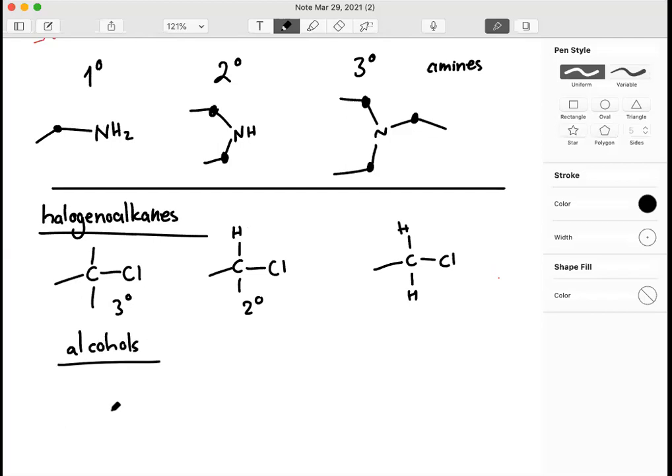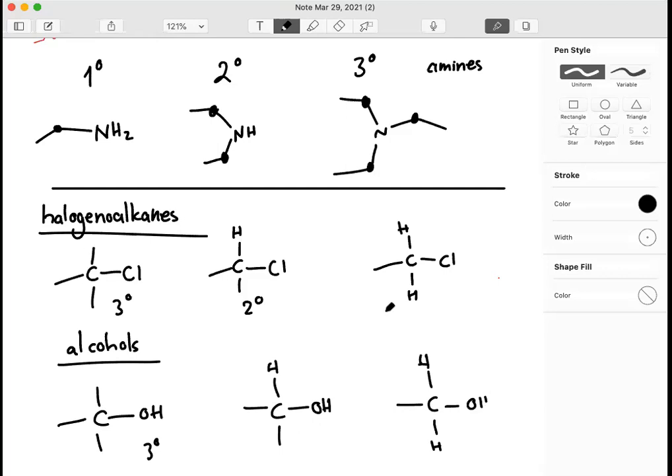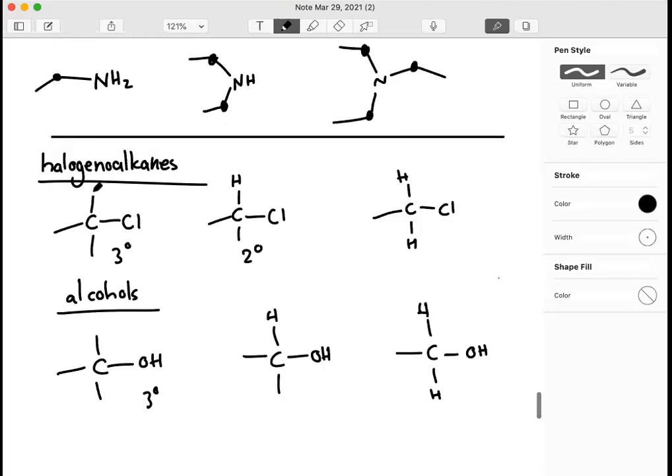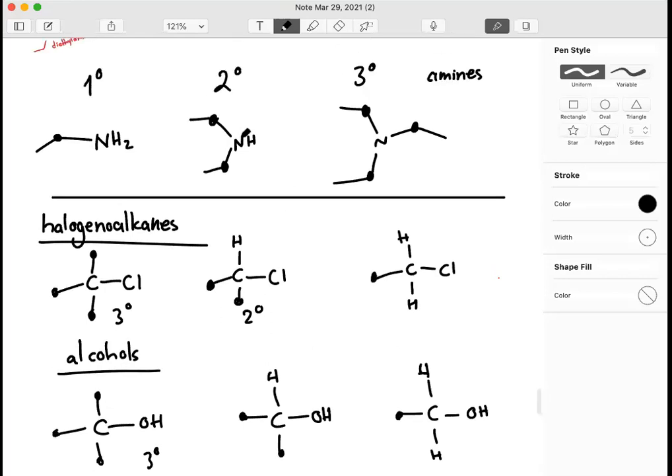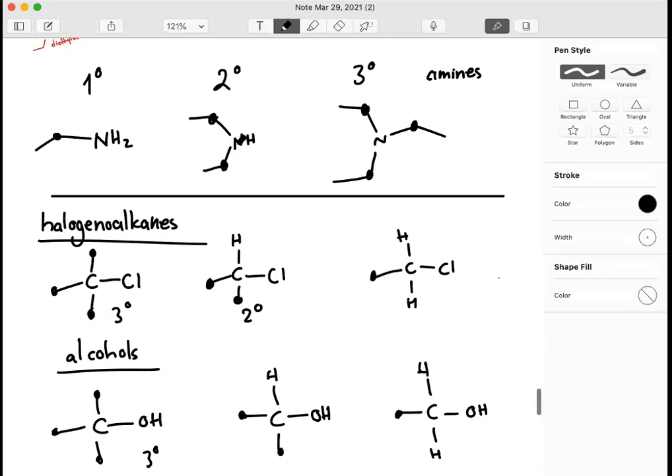في الالكولز كانت زي الهالوجينو الكينز، يعني لو انا عندي OH كده بشوف السي اللي ماسكه في الOH، لو ماسكه في 3 سيز هتبقى tertiary، لو ماسكه في 2 سيز و1 هيدروجين كانت بتبقى secondary، لو ماسكه في only 1 C and 2 hydrogens كانت بتبقى primary. فاحنا كنا بنعد بناء على الحاجات اللي ماسكه في السي اللي ماسكه في الفانكشنال جروب. هنا it's only 1، هنا it's only 1، هنا it's 2، هنا it's 3. لكن لما بتكلم عن الامينز انا بشوف الحاجات اللي ماسكه في النيتروجين دايركتلي. واخدين بالكم من الفرق؟